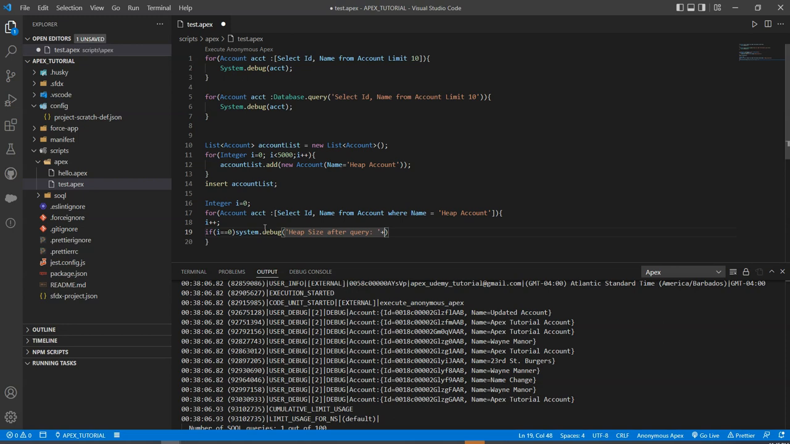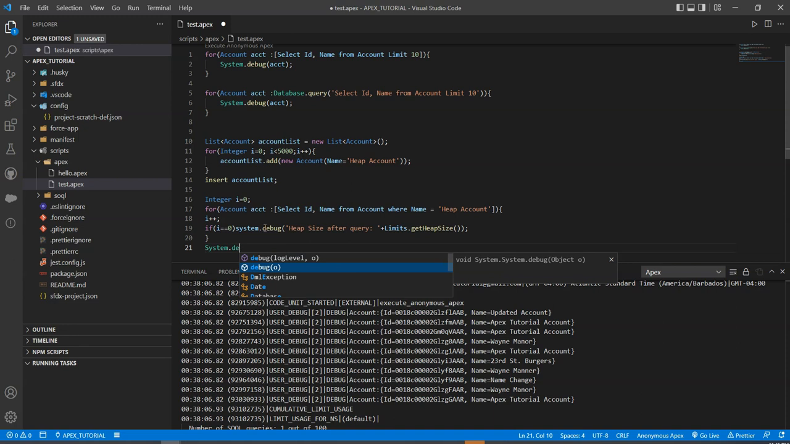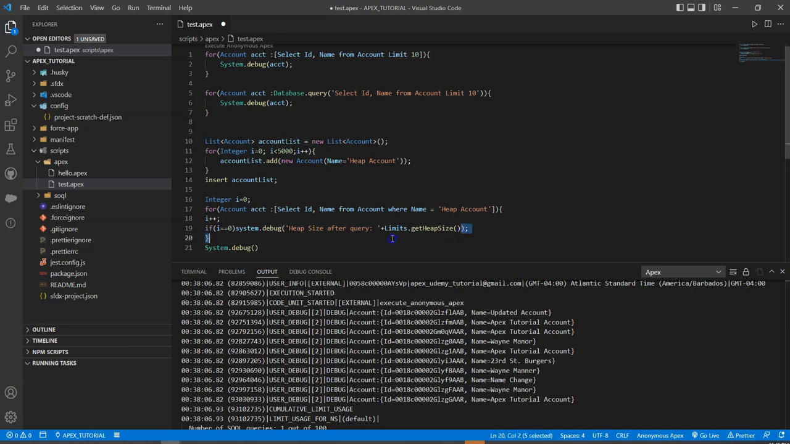And then add, so there is a class called Limits. And then in there, there's a method for getting the heap size. It's called getHeapSize. And so that's going to get us the heap size within the block. And then I want the heap size out after the for loop has run. So then I will just grab this Limits.getHeapSize